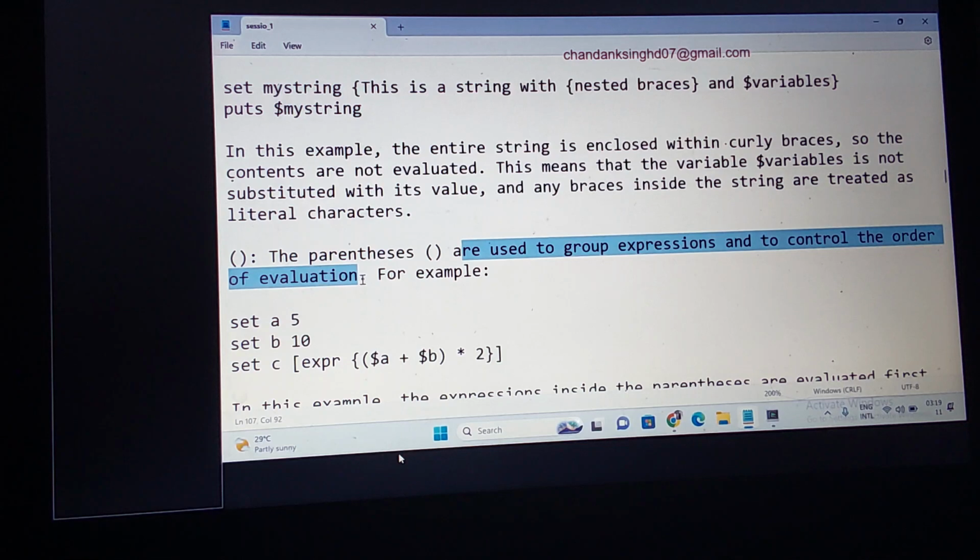Unary operator means there will be only one operand. So increment, decrement is a unary operator. Plus, minus is a unary operator. Binary operators are addition, subtraction, multiplication, division, and they have two operands. What is the example for the ternary operator? Conditional operator. Conditional operator is a ternary operator.